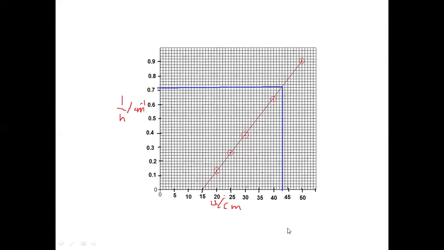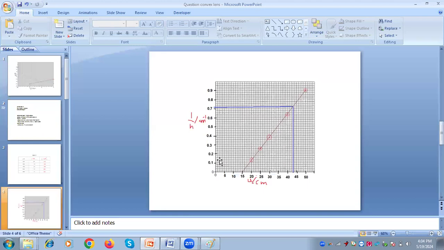Okay, now again we have to look at the graph. On the y-axis, 0, 0.1, 0.2, 0.3. It means 5 small divisions are taken equal to 0.1 centimeter. Each 5 small divisions are taken equal to 0.1 centimeter. Then 0.2, 0.3, 0.4, and that is how the values are plotted. And remember one thing, you can't make a mistake. One point should not be half a small square above or below or to the right or to the left